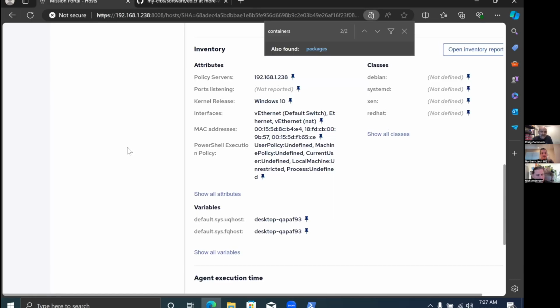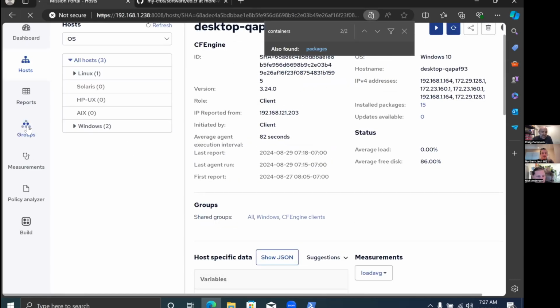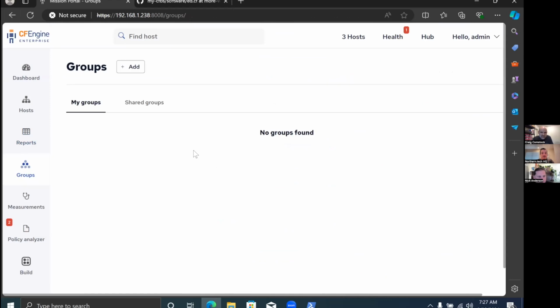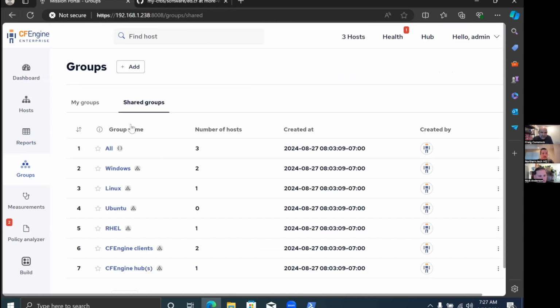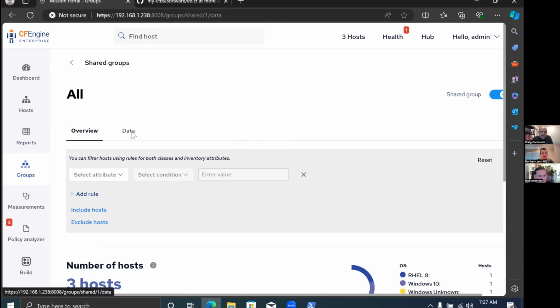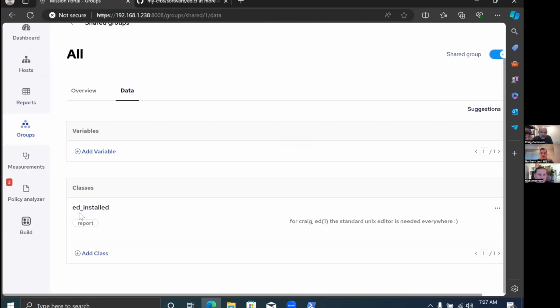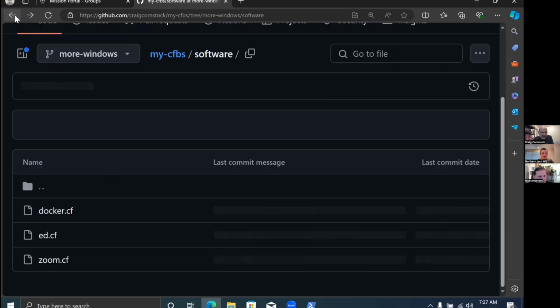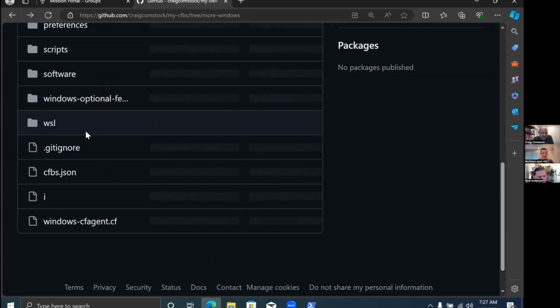And then, of course, for my infrastructure, I'm going to add that variable here for all because I need that always installed everywhere. Nice. And I think, let me check